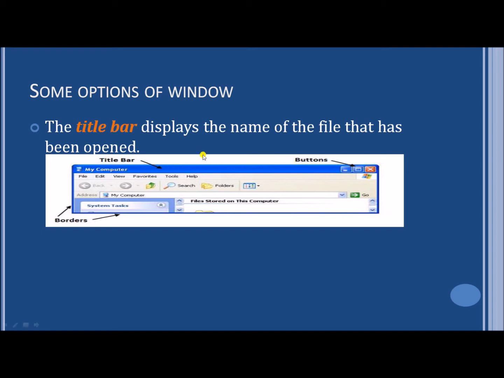All that information appears at this top. Here is the name of the file, folder, drive or application, and these are the control buttons: this is the close button, this is the maximize button, this is the restore button.